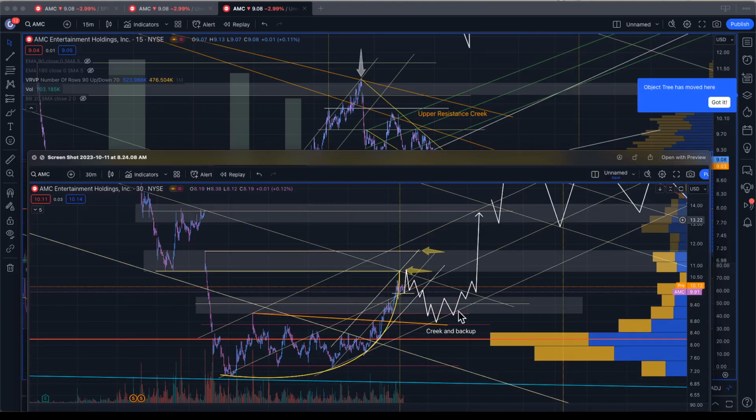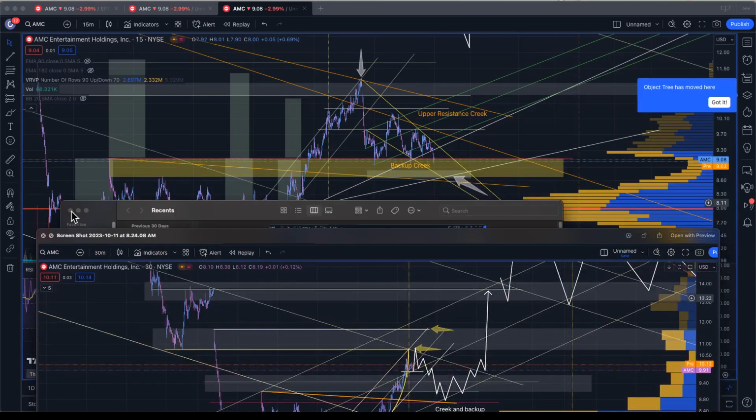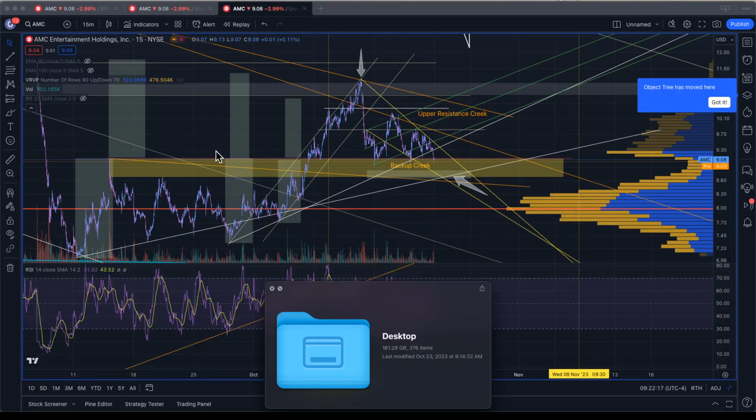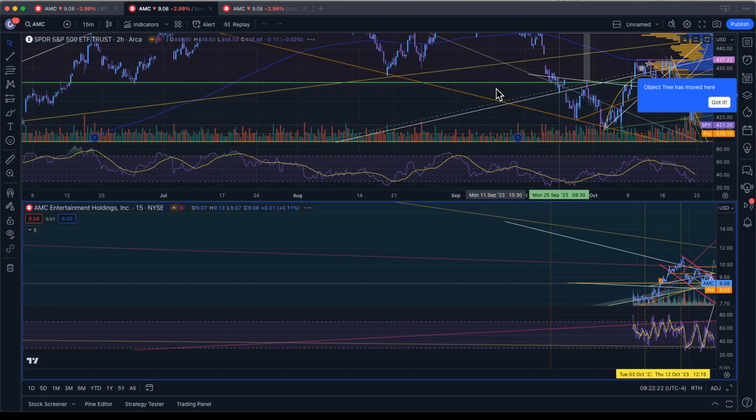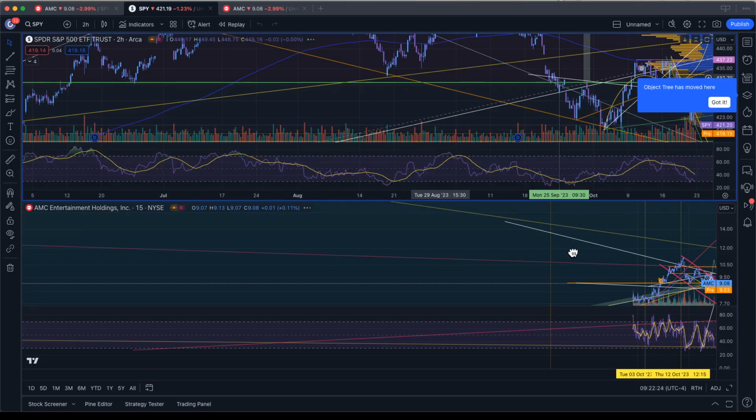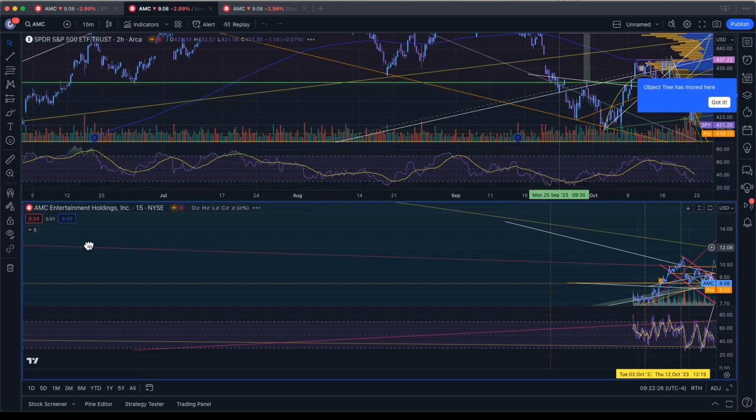So this is the very first one I drew. And later I came back and was like, all right, let's do a more precise version of this. I'm not going to pull up every single chart that I've done. But suffice to say that we've been making those strides. Let me see if I can get my...